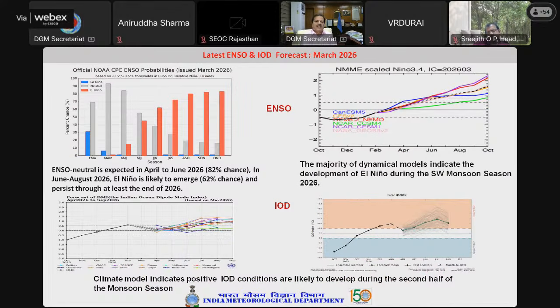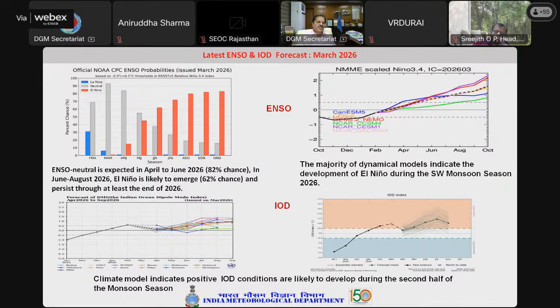Now let us look at the latest El Nino southern oscillation forecast. This is the official NOAA CPC forecast on the left hand side. What you find here for April, May, June, this gray area, which represents the neutral condition, is dominating. That means we are expecting neutral conditions, neither El Nino nor La Nina, till April, May, June. If we consider the average of May, June, July, also still the gray area is dominating. So therefore, there is good confidence that up to June, there is no El Nino condition to develop in